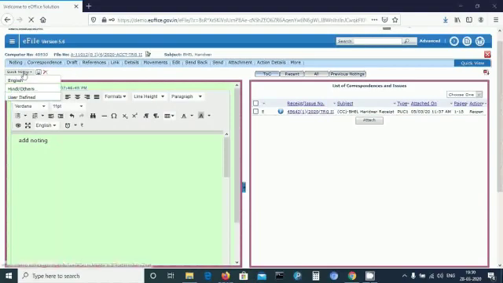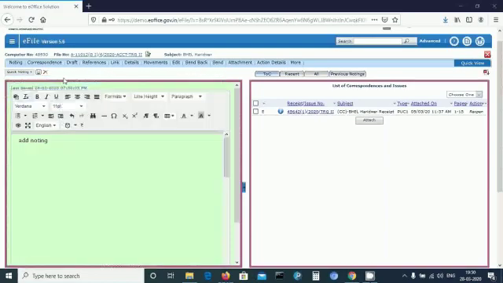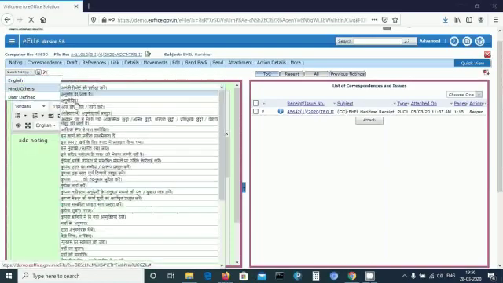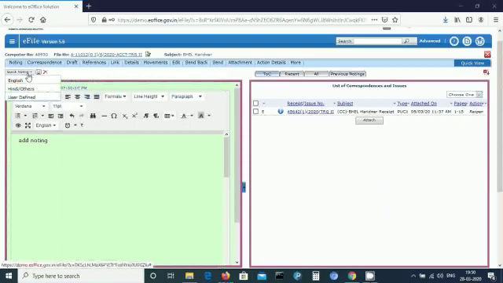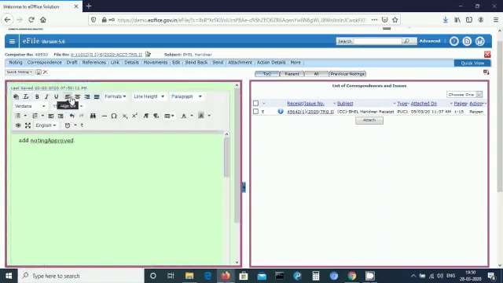There is an option for quick noting. Let me select, in English, quick noting: approved. So you can see the approved option will get printed on the note sheet, and you have to save the noting also.